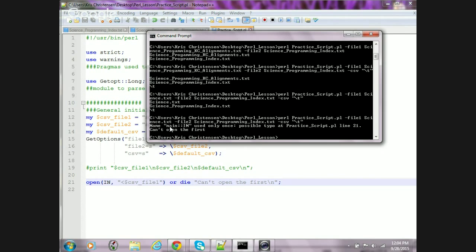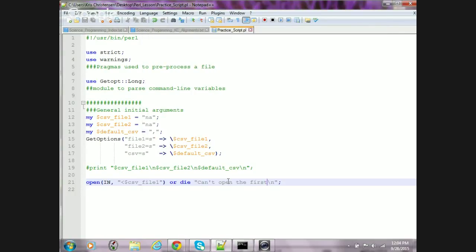See, it says I see. Okay. Yeah, I can't open that file. Yeah, definitely more useful. So now, so then